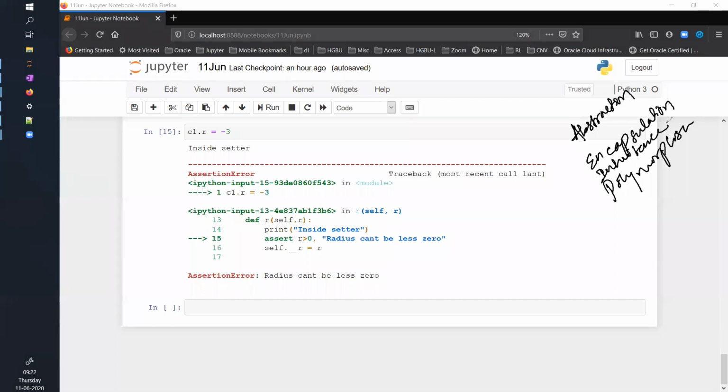Okay, so these are some of the keywords which you will see in object-oriented programming: abstraction, encapsulation, inheritance, and polymorphism. Okay, now let's first discuss theoretically what these terms mean. Okay, abstraction, so first I will be taking this encapsulation.